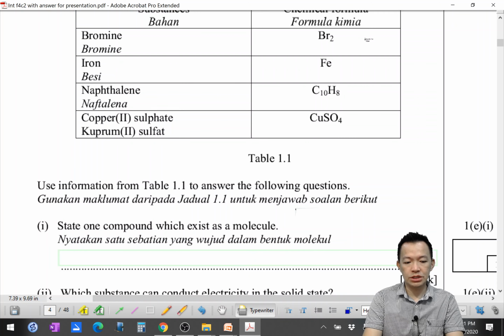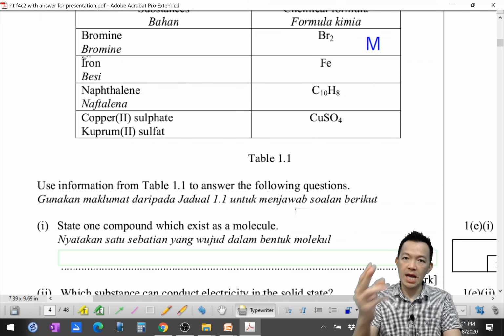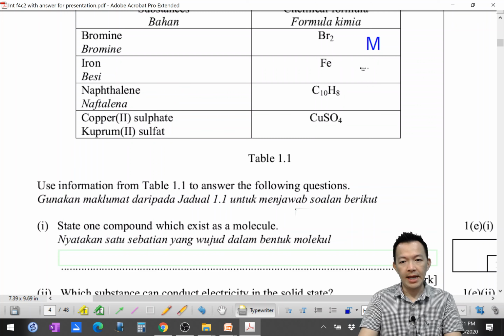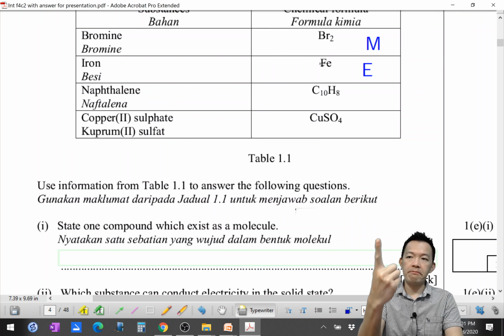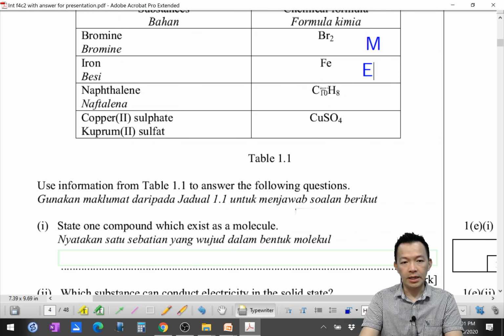OK, step 1, compound which exists as a molecule, 讲出一种 compound，它是分子的形态出现。OK, bromine actually is a molecule, 它就是一种分子。But bromine is not a compound, bromine is Br2, bromine is an element, 它是元素来的。Iron is an element, 是一种元素。Naphthalene is a molecule. Molecule means non-metal joined together, 对不对？非金属跟非金属混合就变成了分子。